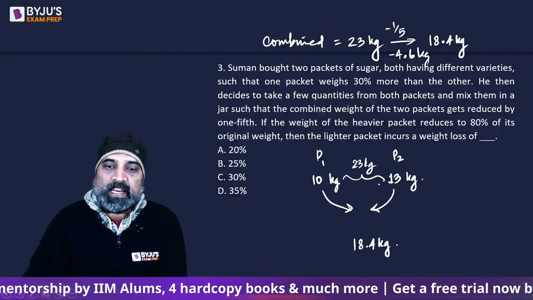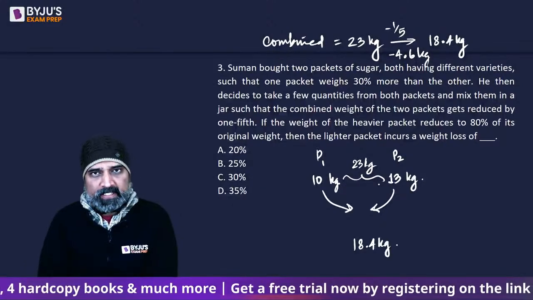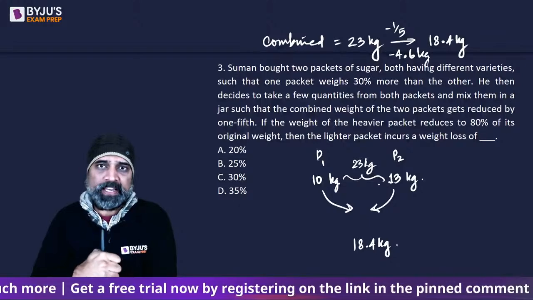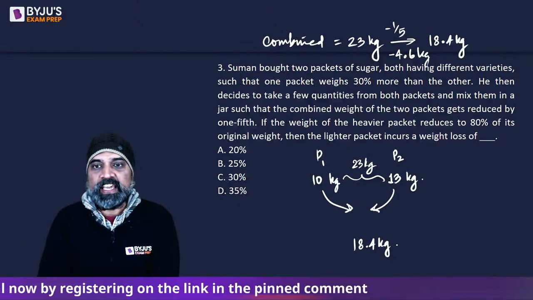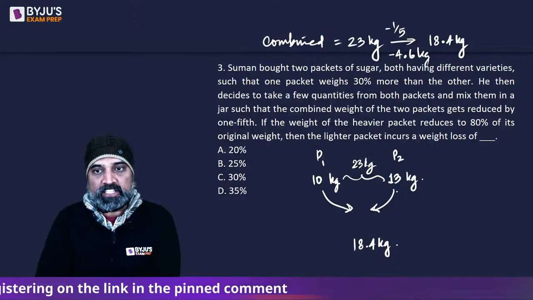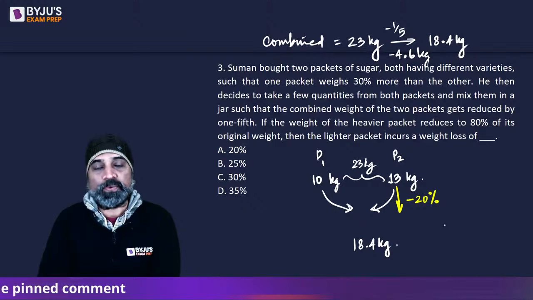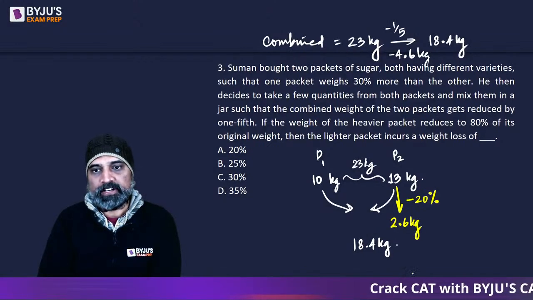Now it is given that this reduction of 4.6 happens when some quantity is taken out from 10 and some quantity taken out from 13. So it says if the weight of the heavier packet, heavier as in 13 kg, reduces to 80%, as in there is a reduction of 20%. So this is going to be 20% of 13 kg, which is 2.6 kg reduction,